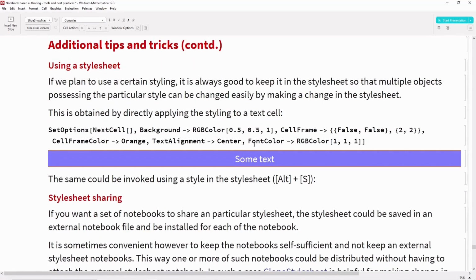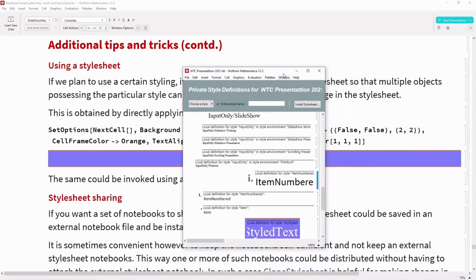If you are using a certain type of style text cell or any other types of cells, such as the figure caption cell we saw earlier, then you can add those to your style sheet directly, and you can create a shortcut for those. So for example, let me just bring up a style sheet.